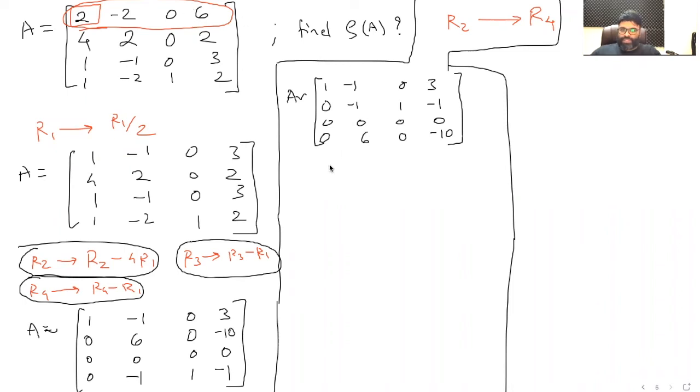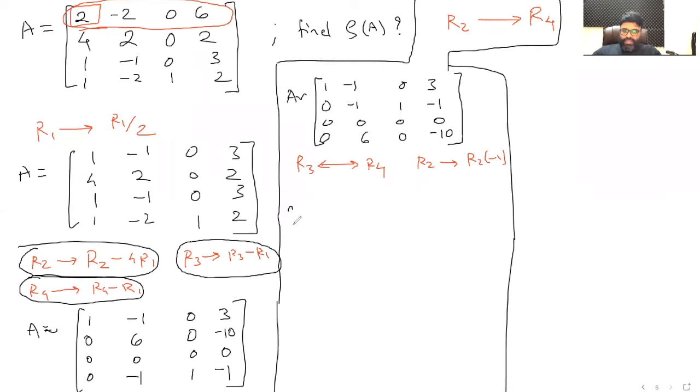It's good to go step by step. The reason why I'm doing so many steps properly is because I want to teach you all, right? Now here, what I want to do is make the lower rows 0. So I want to exchange R3 and R4. And I want to multiply R2 by minus 1, because I'll really like this to be positive 1. So I'll multiply R2 by minus 1.